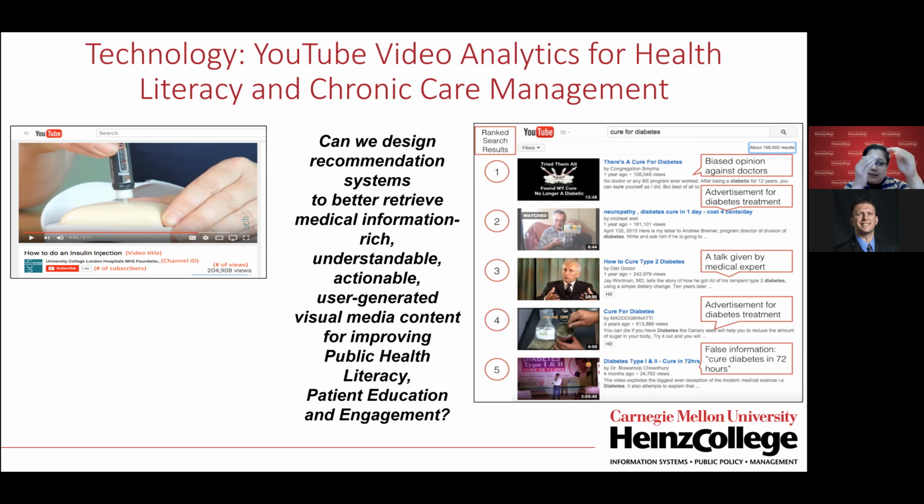You go to the clinic, you talk about the problems that you're facing, you get a diagnosis, you get a prescription, but you may have many, many more questions about living with the disease. So you want to be able to go to other sources. And so this could give you this additional information. So that's where we use technology, analytics, machine learning, natural language processing, optimization, and so on, to be able to